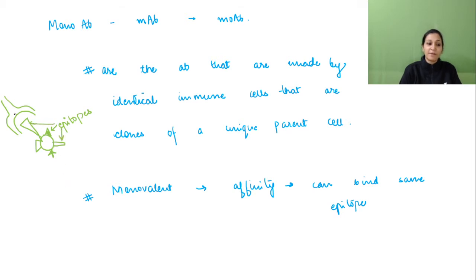These all things are epitopes, and for each epitope there will be a specific antibody, right? So the affinity of a monoclonal antibody will be specific. Like if many antibodies are produced for just this epitope,